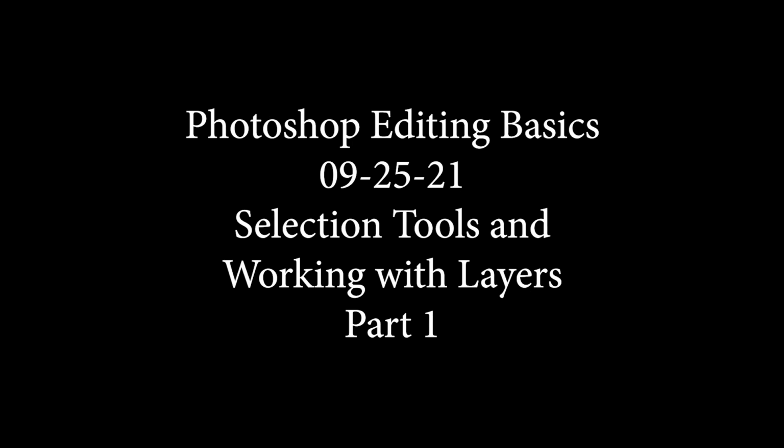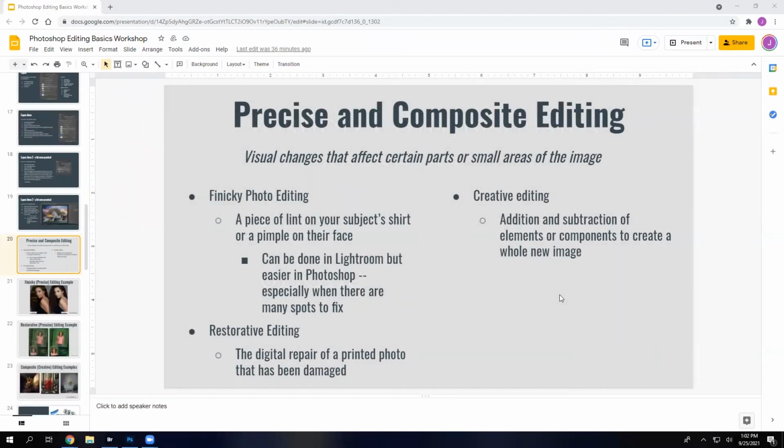Okay, so I want to talk a little bit as we're getting warmed up here, before we get into some practical exercise, about what is possible with the software. We started out last week looking at how we can make basic color corrections in both JPEG and RAW. We got introduced to the idea of layers, and we did play a little bit with selection tools. But I want to continue the conversation about selection tools and what's possible with them,